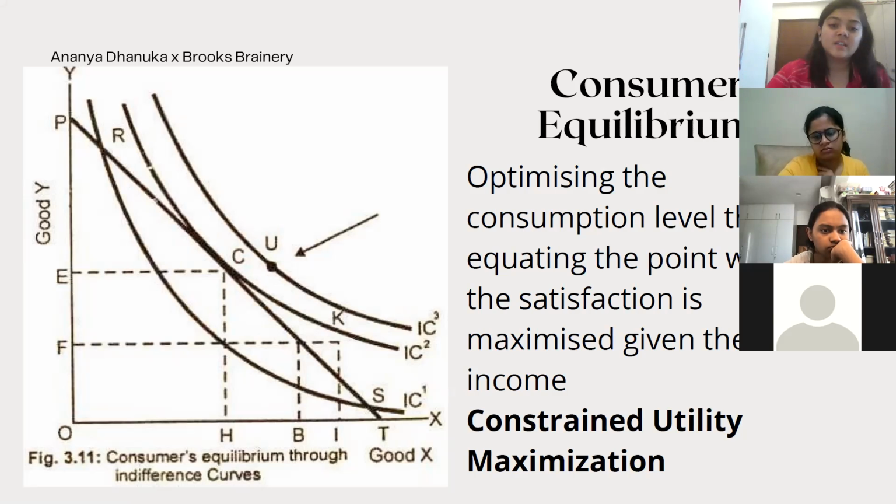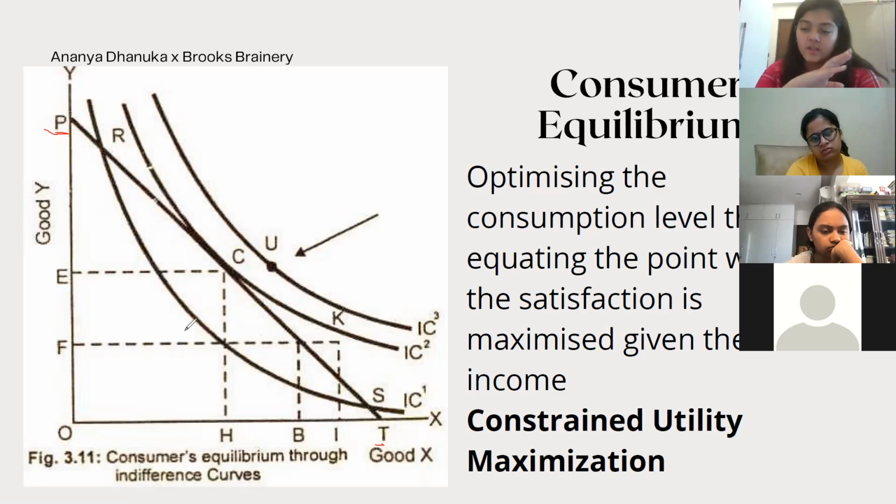All right. So here, this line from P to T, this linear line is the budget constraint. So it shows that this is the level of income I have. Anything below the budget constraint is obviously feasible for me. It's obviously something I can afford, right? I don't have to spend the 200 rupees or 500 rupees that I earn. I can spend less than it, right?